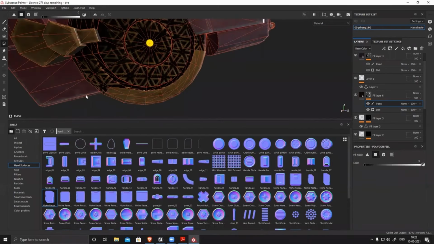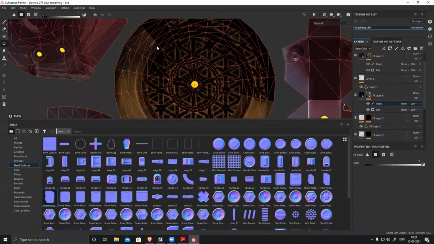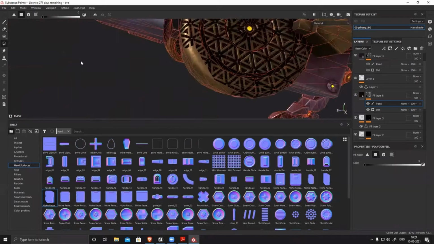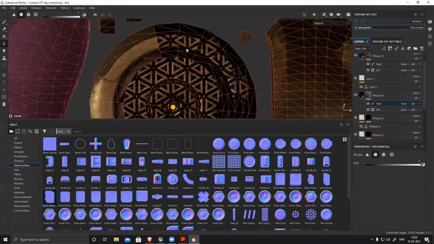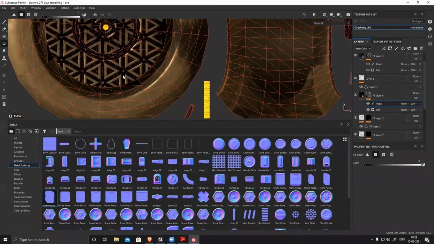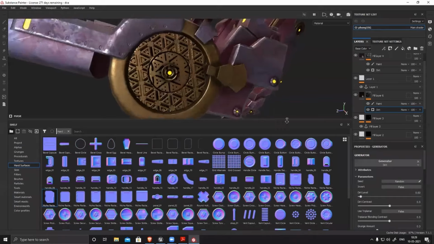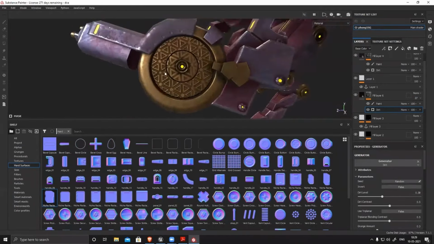Wherever you don't need that design or that dirt, remove it. You can go to the UV mode and remove it, or I call it UV mode, you can call it 2D mode, it's fine. It's way too much, so reduce the intensity. You can see I reduced the opacity, and it looks nice.